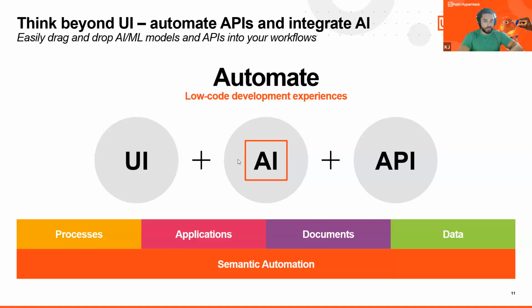When I think about artificial intelligence and these hack weeks, artificial intelligence is just another activity in the end-to-end string of automation. We have UI capabilities, we have API capabilities, and now everyone's clamoring for artificial intelligence capabilities.